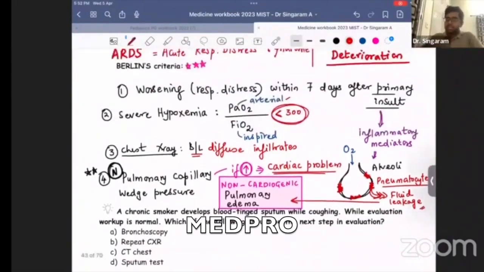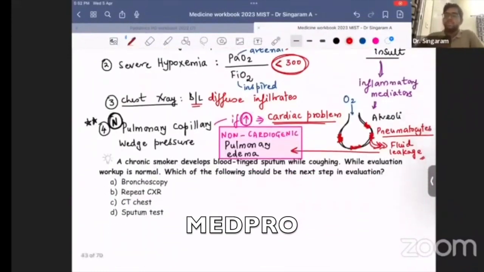Four important things in the Berlin's criteria. One is worsening of respiratory distress within 7 days after the primary incident. Second is hypoxemia, low oxygen due to alveolar damage. Third, a lot of fluid leaking out from the alveoli, so there will be bilateral infiltrates on the X-ray. And fourth is the very, very important thing, which is called pulmonary capillary wedge pressure, meaning if the pulmonary pressure